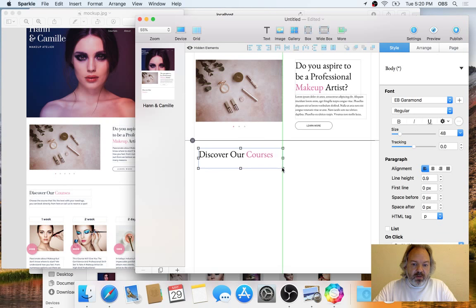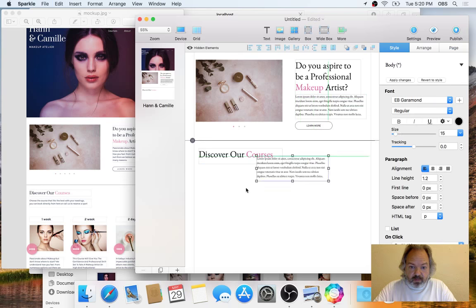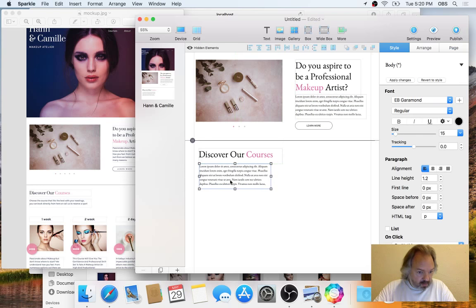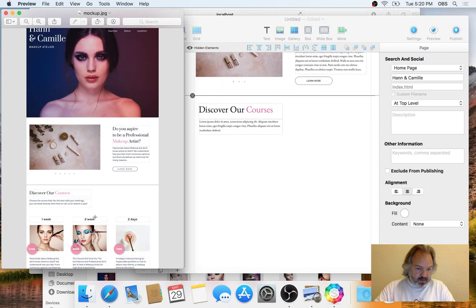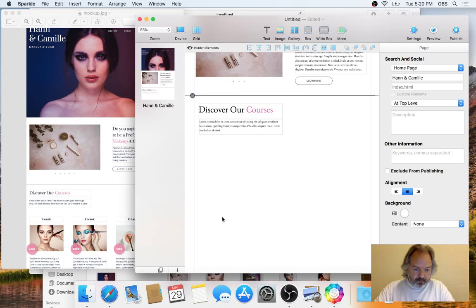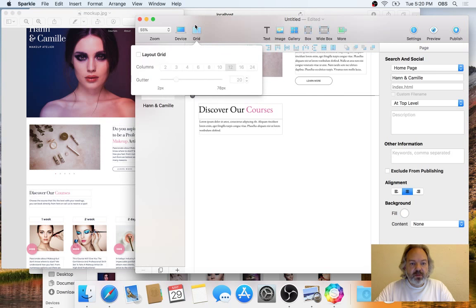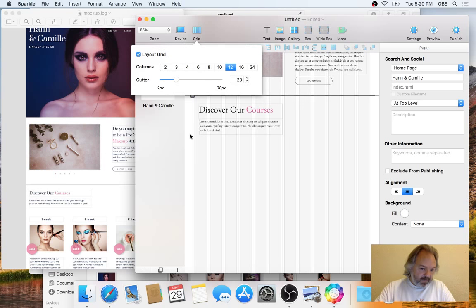So I cheated here, and now I'll do the same for the text under it, and it's a bit shorter. I mean, it's just for quick mock-up purposes. So next I have to set up this grid of 3 elements. I'll probably turn on the grid because it makes it simpler to make